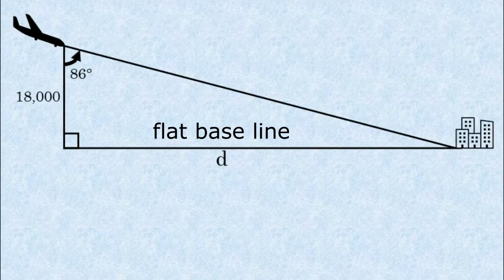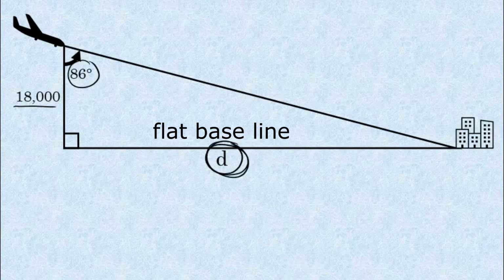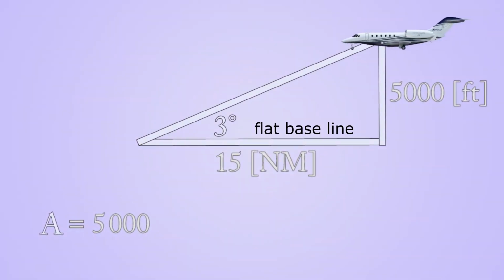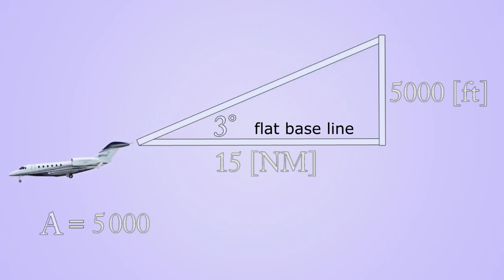Now that our diagram is complete, we can find the value of d. When you have a right triangle and you know, in addition to the right angle, the measure of one of the acute angles and the length of one of the sides, you can find all of the other pieces of the triangle. You can find the lengths of the other two legs, the measure of the additional angle. In this case, I only need to find the length of the other leg. 5,000 feet. Take a look at your instruments, and if you are at approximately this altitude, you may continue your descent with a rate that gives you a 3-degree path.